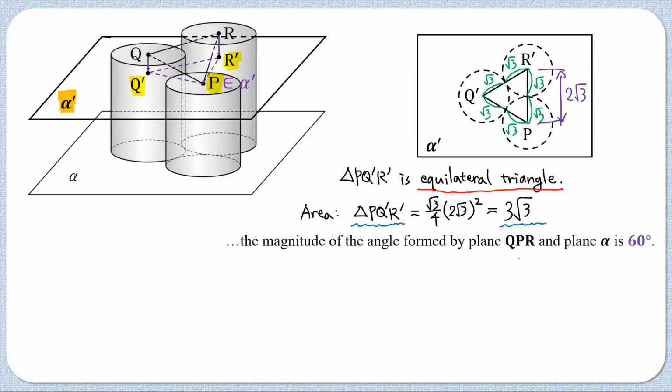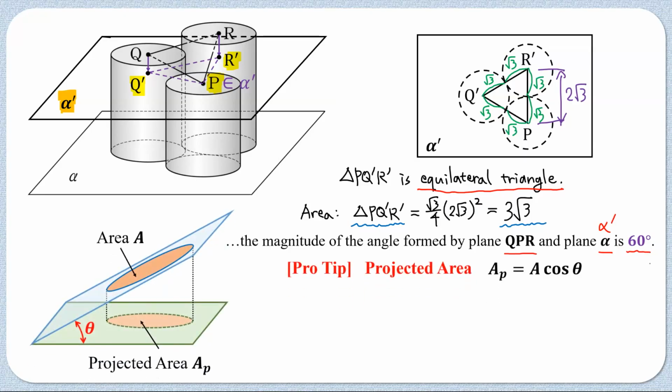Next, let's use the given condition that plane QPR and plane alpha, hence alpha prime, form a 60 degree angle. This is the part where we use this useful formula for a projected area. If we have the original shape having area A, and this shape is projected onto a secondary plane, which forms angle theta to the original plane, then the projected area A_P is given as A times cosine theta. In our case, theta is 60 degrees, so the projected area